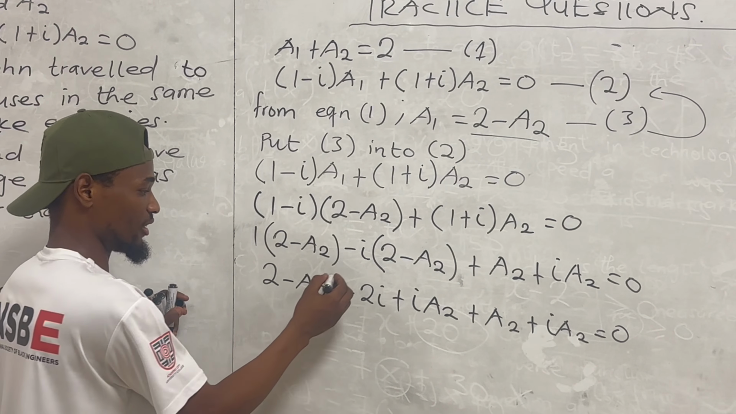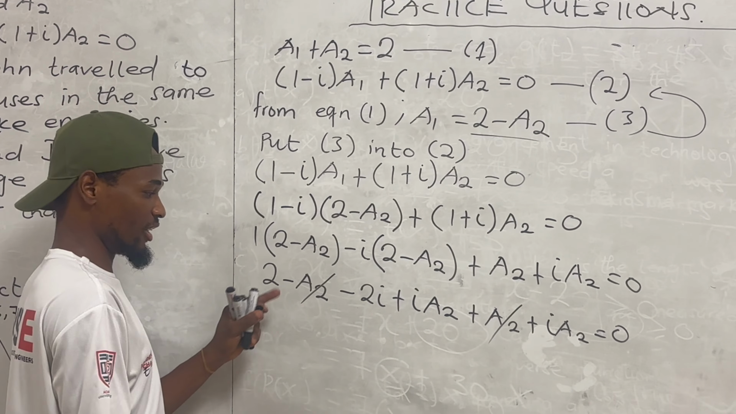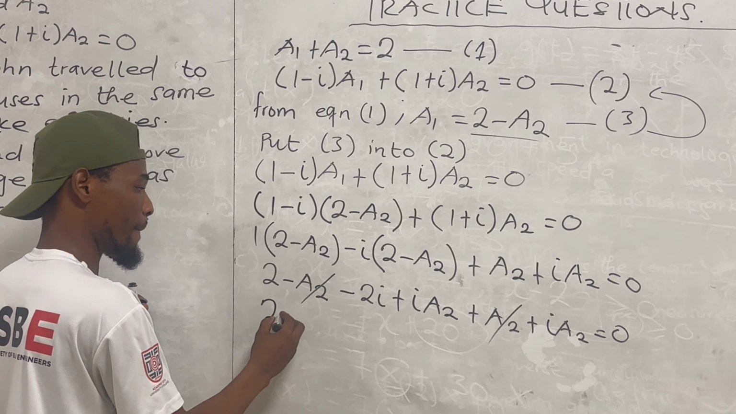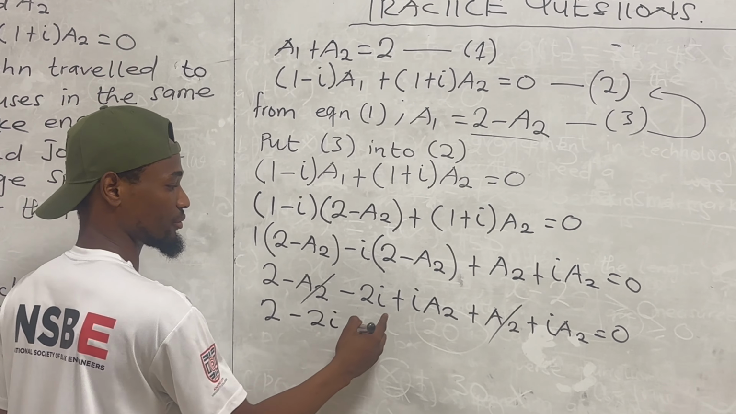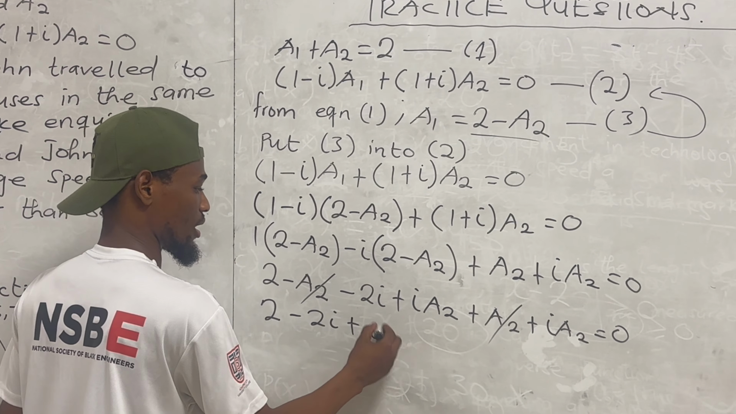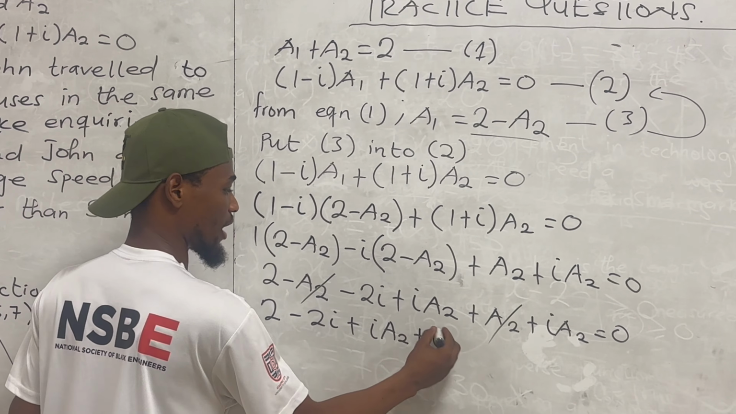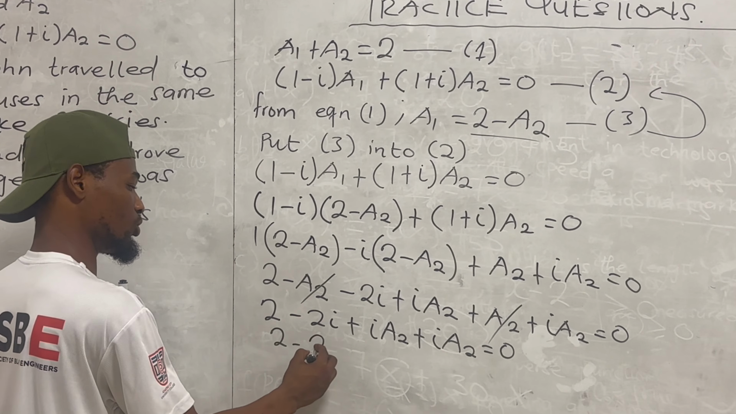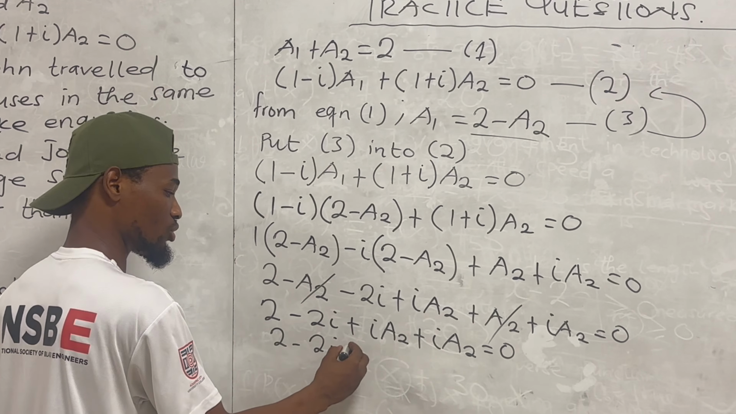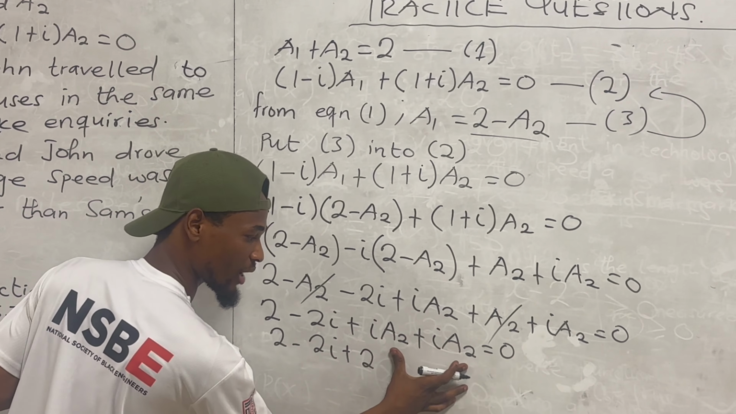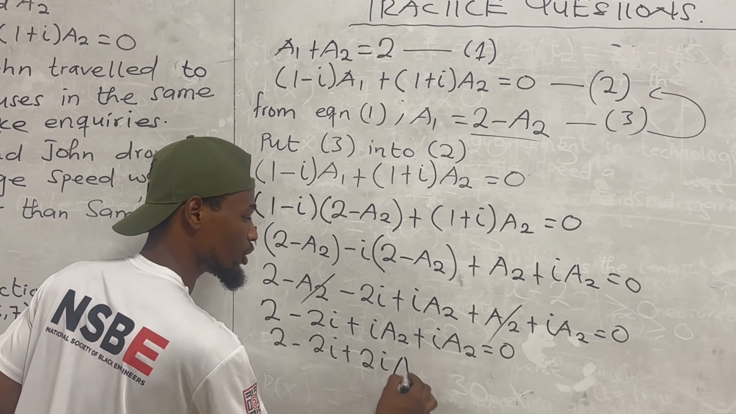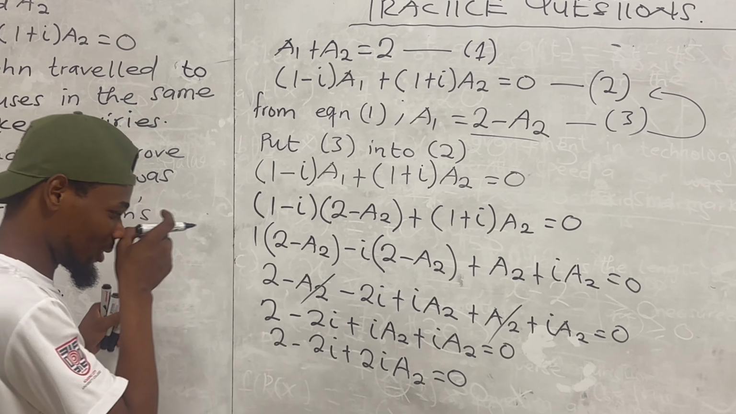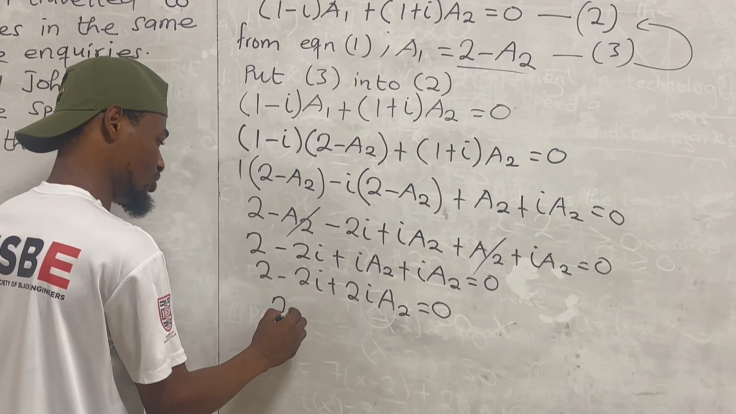So clearly, the negative and positive A2 take off, and when they commute, it gives 0. So we have 2 minus 2I plus I A2 plus I A2 is equal to 0. So I have 2 minus 2I, like terms, right? So I have 2 of this, and when I add them, I have 2I A2 is equal to 0? Is that not so? So I'll have 2I A2 is equal to